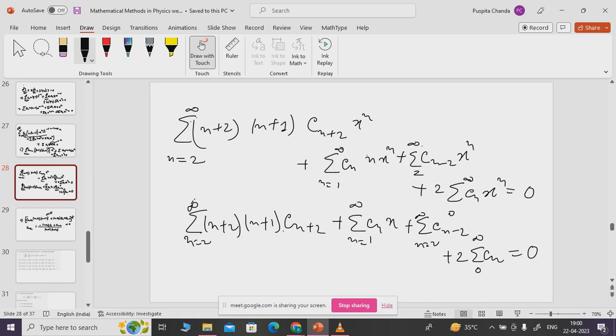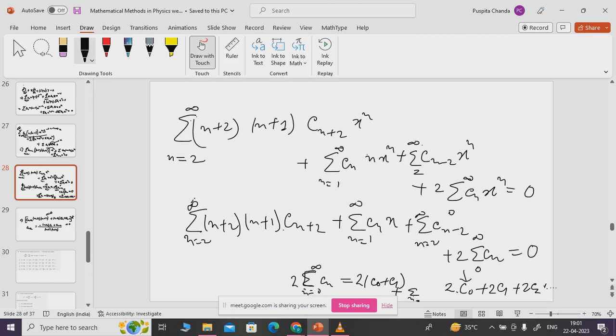So to make all those things equal from n is equal to 2, what you can write is 2c0 plus 2c1 plus 2c2 and all that. So 2 into the sum over n is equal to 0 to infinity of Cn can be written as 2 into c0 plus c1 plus the sum over n is equal to 2 to infinity of 2 into Cn. Again this part also can be written like it is n is equal to 1 to infinity. So this starts with